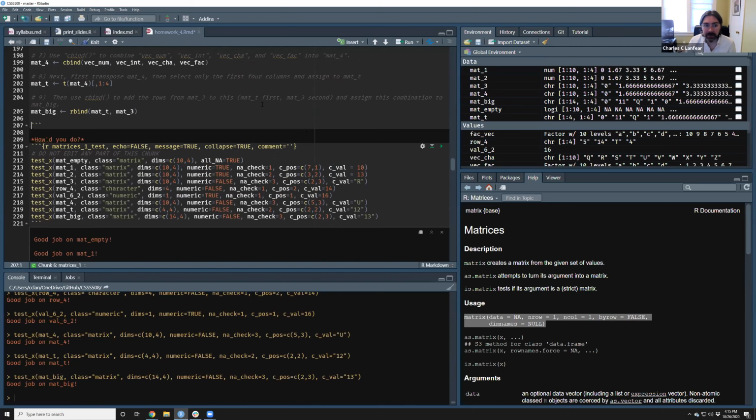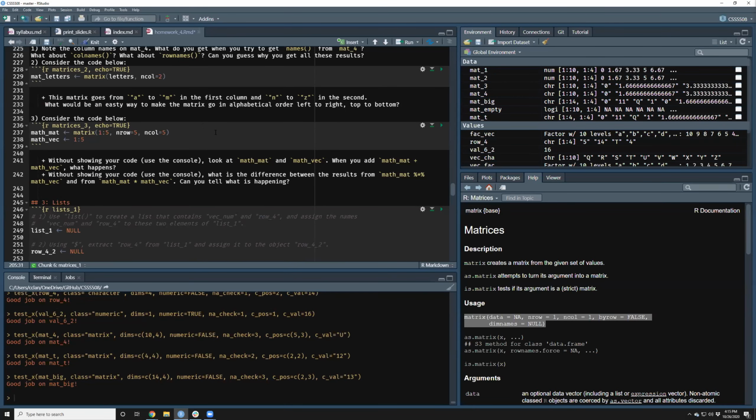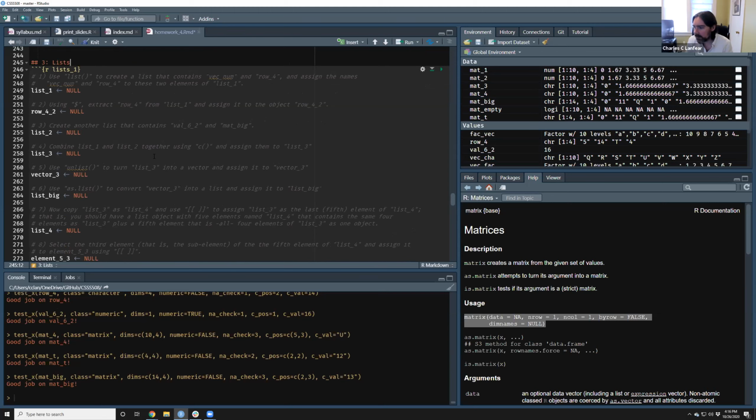Do we have any questions on that before we move on to data frames? There's lists first, right? Oh, lists, yes, not data frames. I was thinking of lists as being more complex than data frames, so I would expect data frames next, but it's good to do lists first. Because in reality, data frames are oddly more complicated than lists. They just don't look like it. Okay, so let's jump over here to lists.